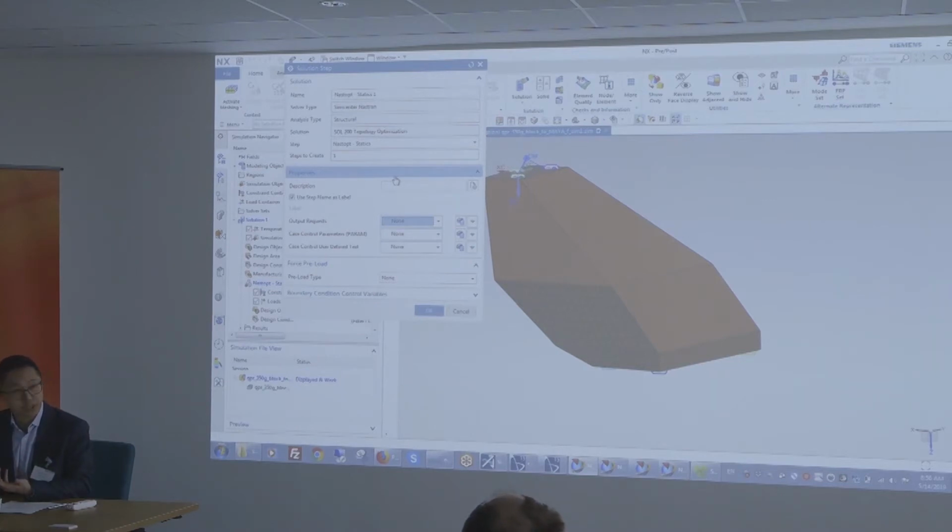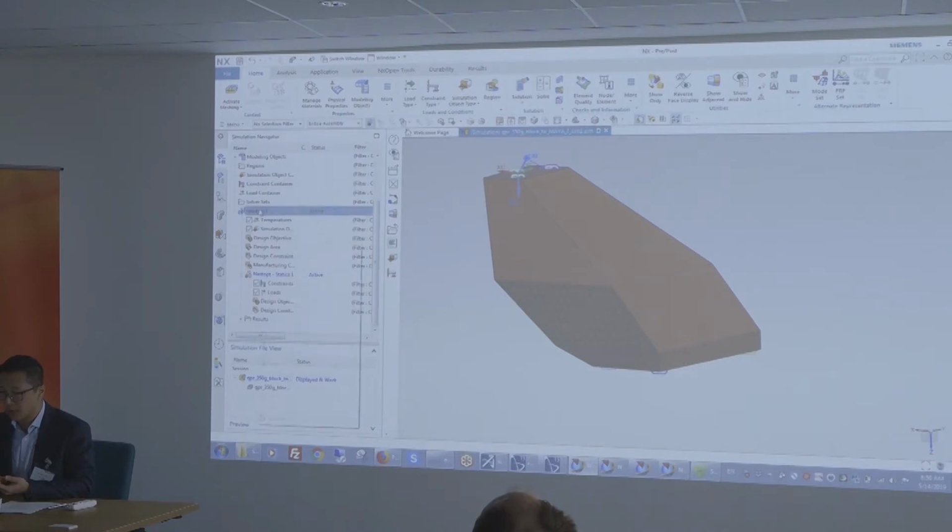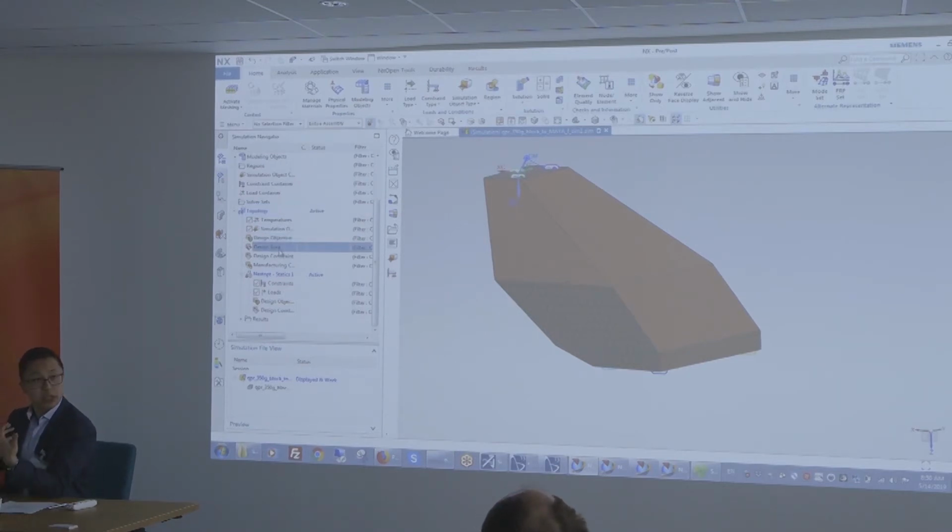some sort of criteria or objective. So that's what I'm going to do here at this point. If you see here on the left-hand side in the tree, I'm going to call this topology. You have major objectives, what area you want to optimize, what kind of constraints, physical or manufacturing constraints. When we talk about additive manufacturing, this is important if you have restrictions.